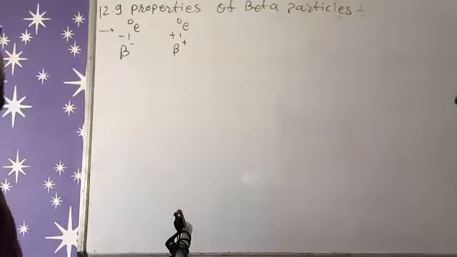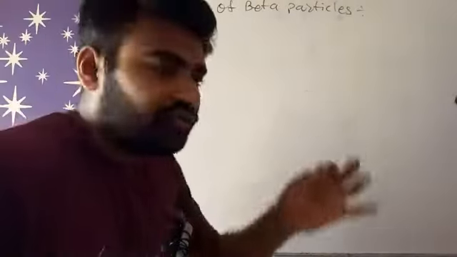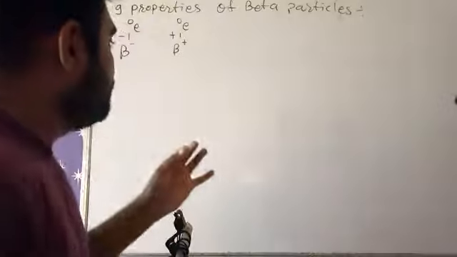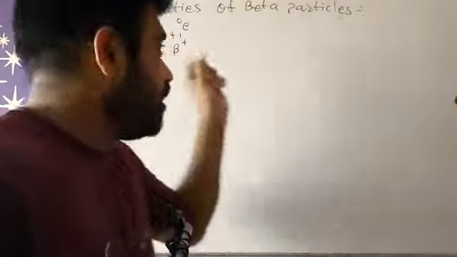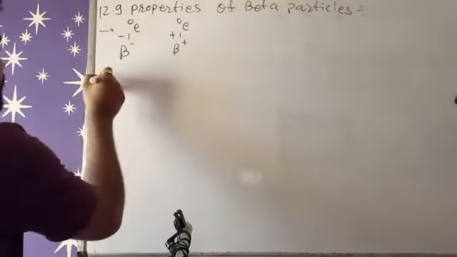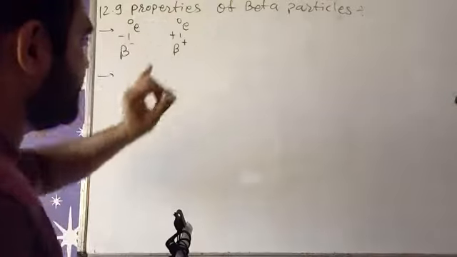So beta particle, always these electrons are coming outside of the atom, right? Because the electron is moving around the nucleus, so it is outside the nucleus. Now see these two decays that we have in beta particles.